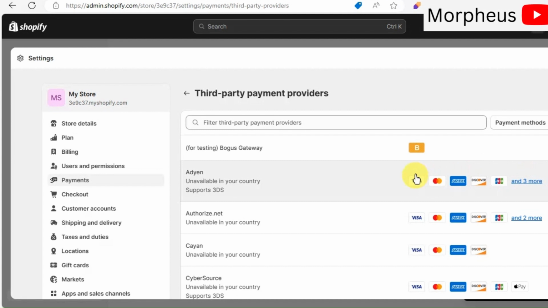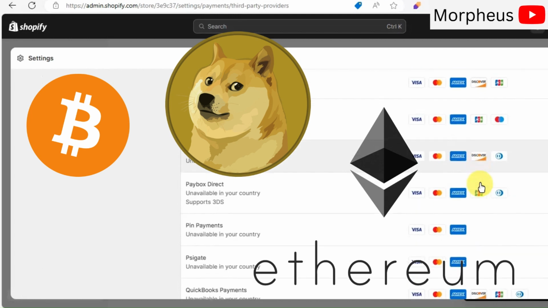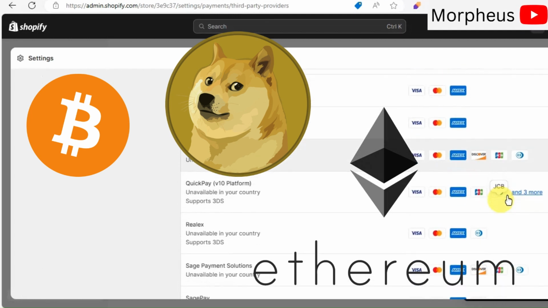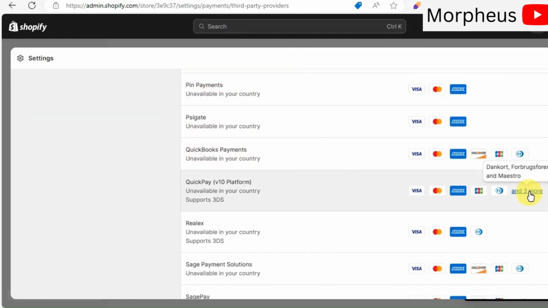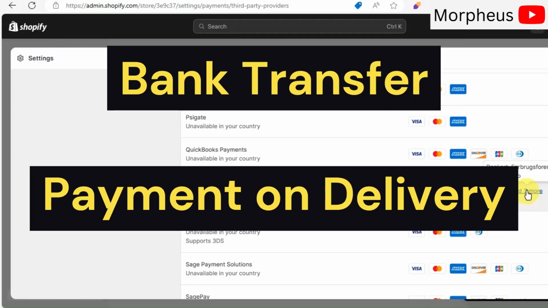You can even add a cryptocurrency as a payment method, such as Bitcoin, Ethereum, Dogecoin, and so on. Yeah, crypto is a very popular way of payment nowadays in online shopping. There are other ways of payment, such as bank transfer and payment on delivery.